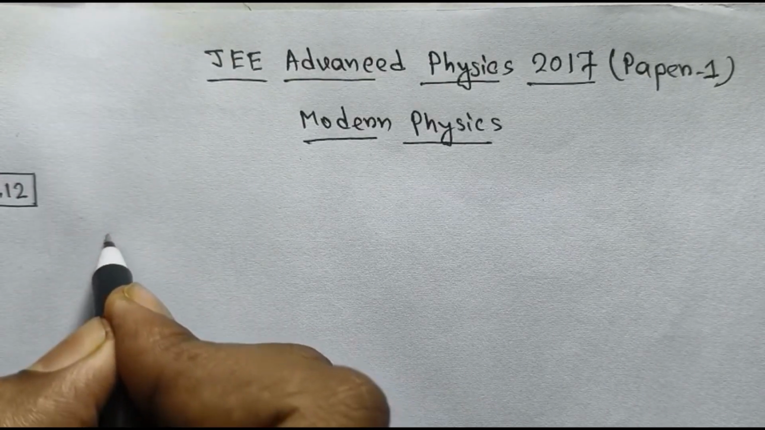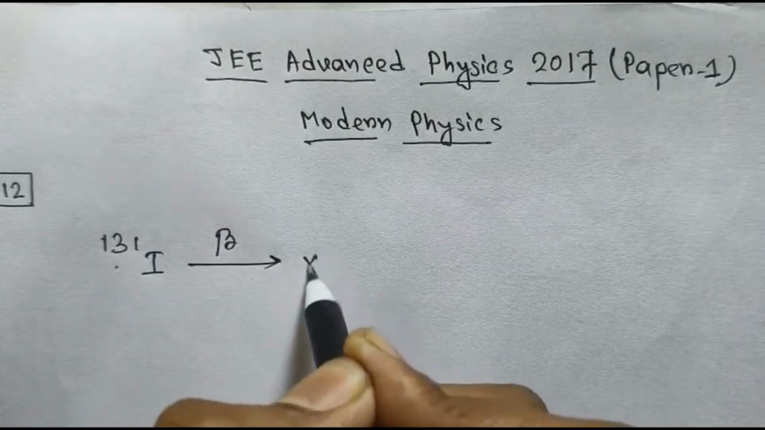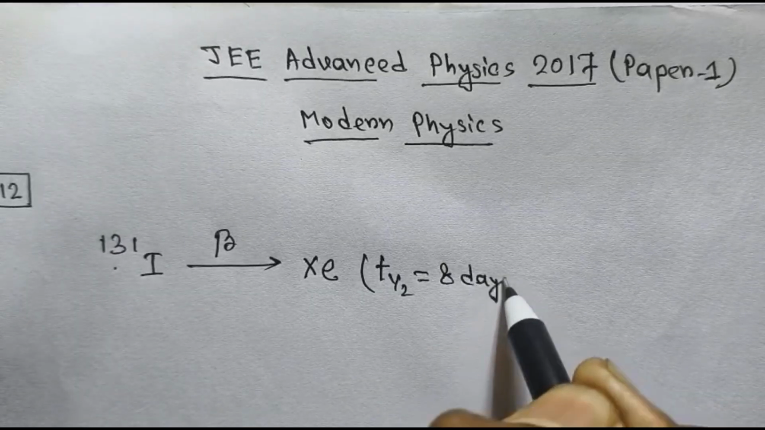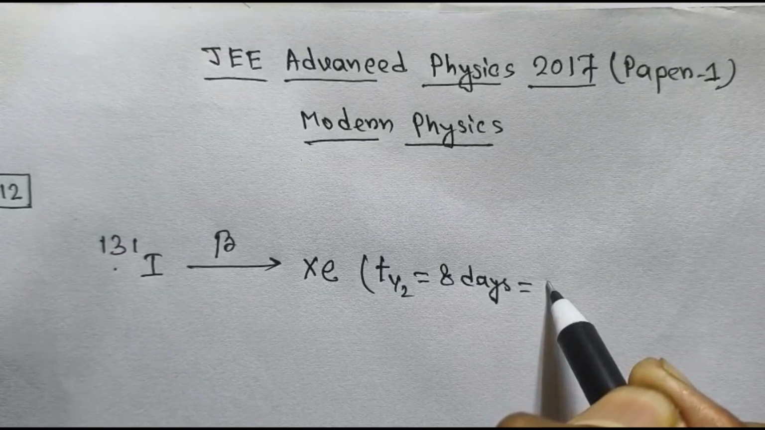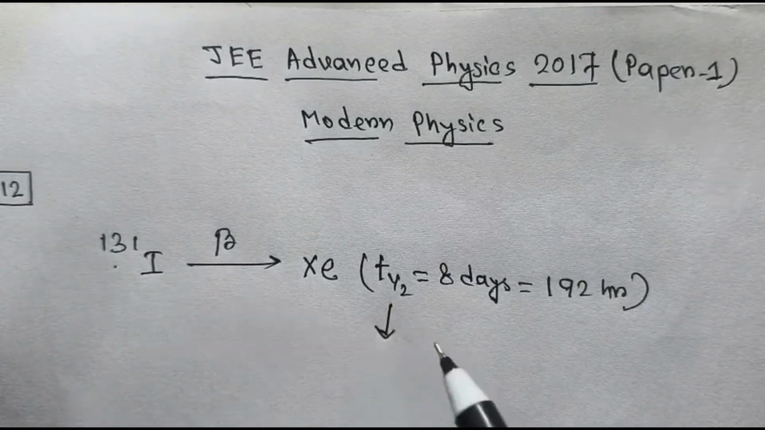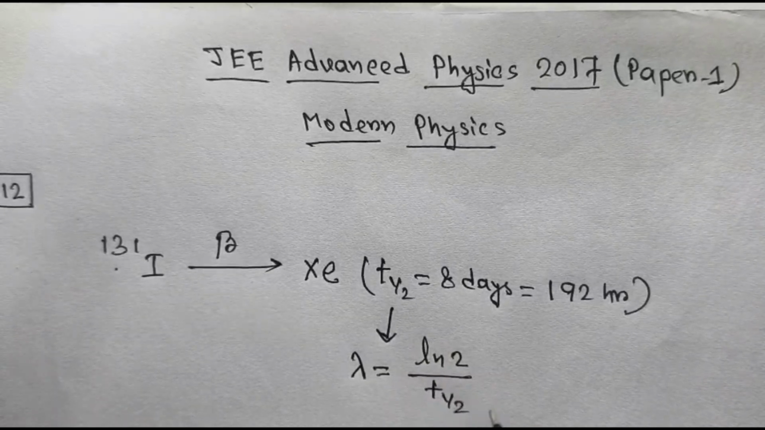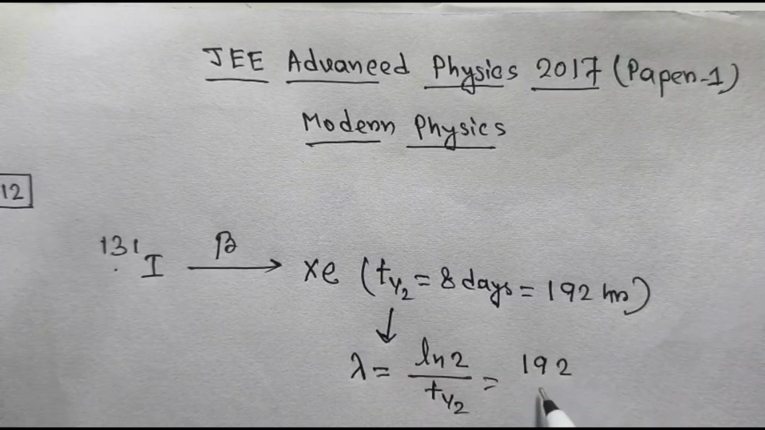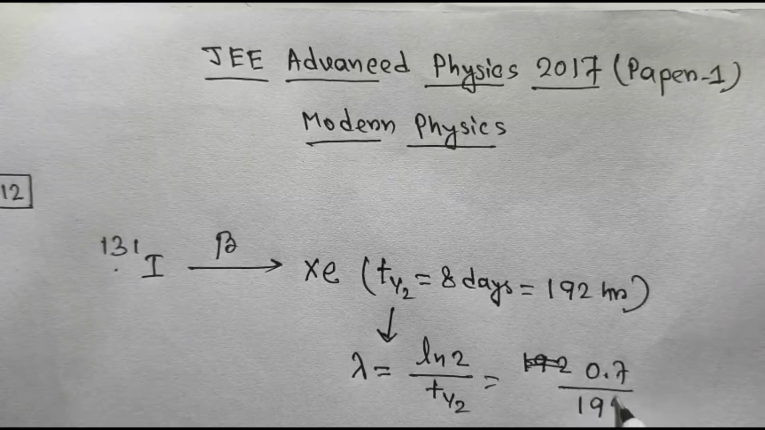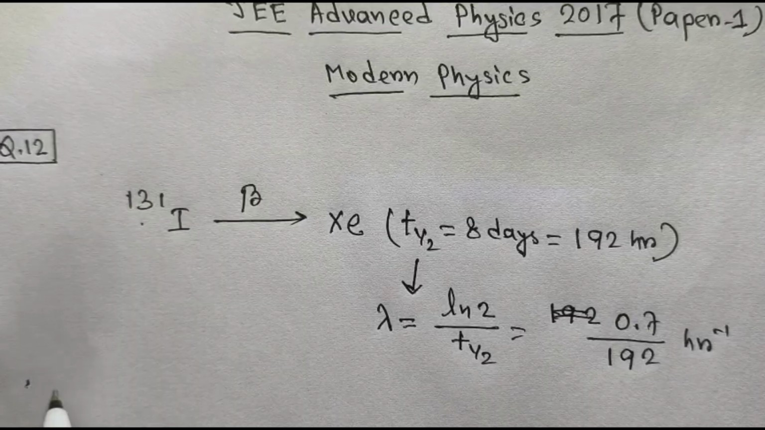तो क्वेश्चन में क्या बोला है, आयोडीन 131 goes beta decay into an isotope of xenon which has a half life of 8 days, and that is 192 hours. And from there you can calculate the decay constant lambda, ln 2 by t half, 192, sorry, 0.7 by 192. Now क्वेश्चन में क्या बोला है कि small amount